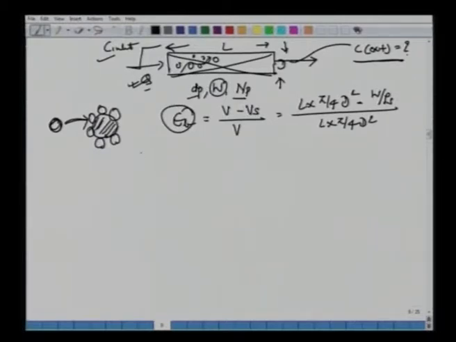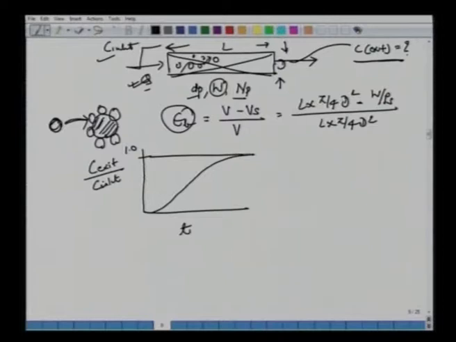Of course, before that, let's do a qualitative assessment here. If we want to plot C exit over C inlet, just non-dimensionalized so that we have 1 here, say you have a certain response like this at certain conditions of Q. Now if we increase the flow rate, say Q1 to Q2, you should expect that the curve will go like this. The response will appear earlier at the outlet. So we should expect this type of response with increasing Q.